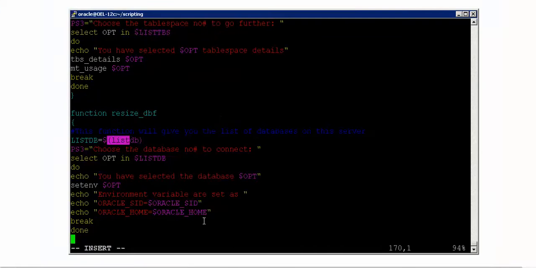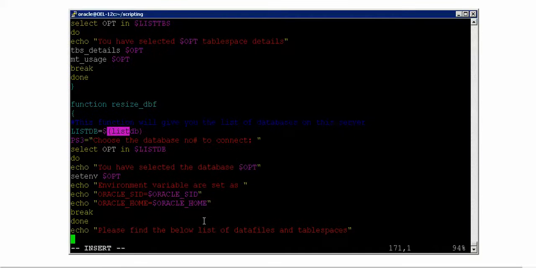That's it, right? So now you have to say echo, let's say, please find the below list of data files for the table space and table spaces.